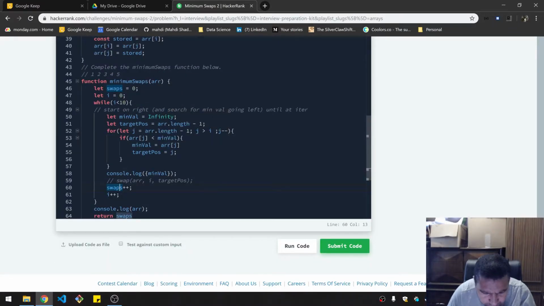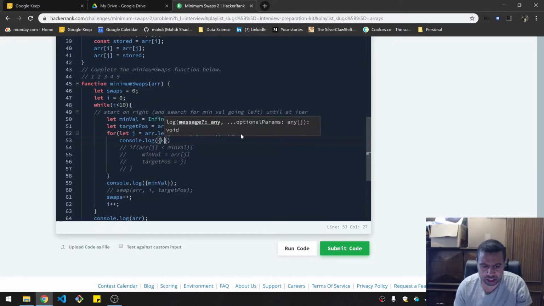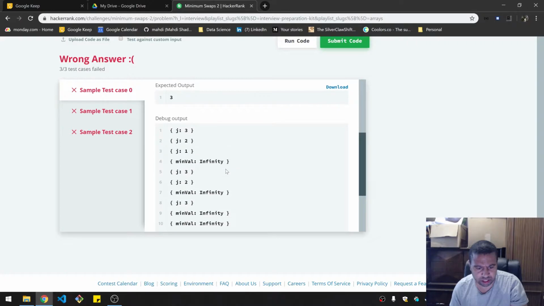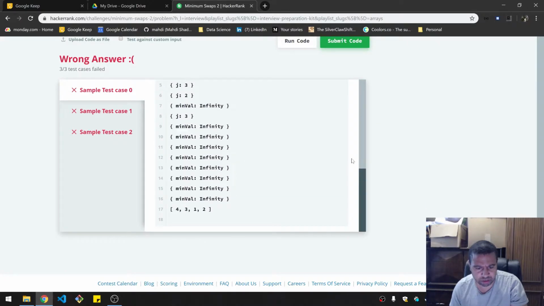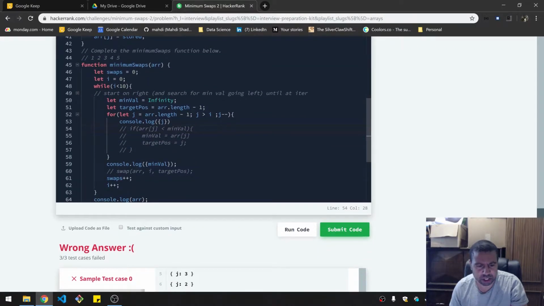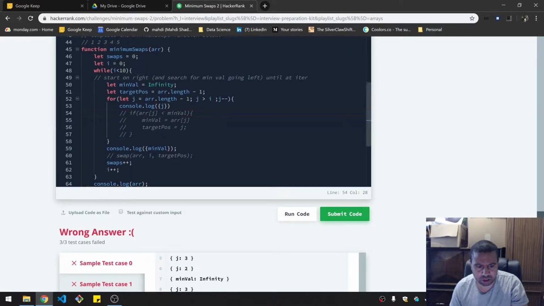So it's the j, for sure. J is starting out too far, I think. J is 3, min value is infinity. You're doing that 10 times because... so that's the 10 times happening, not the swapping. So... that's more proper, and I think that was my problem. That's what I was seeing before. Of course, that's what I was seeing before. Nothing was growing. It was the fact that I kept saying,